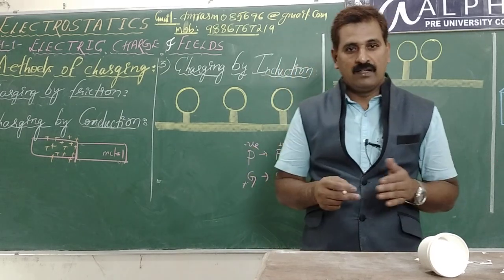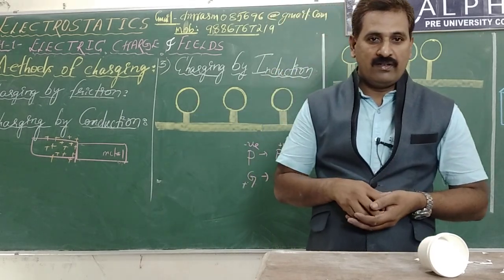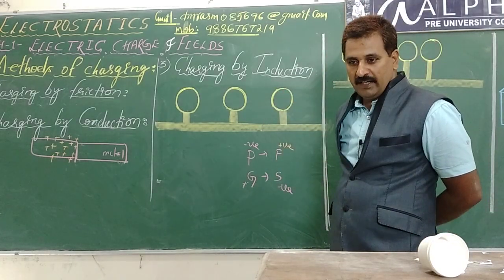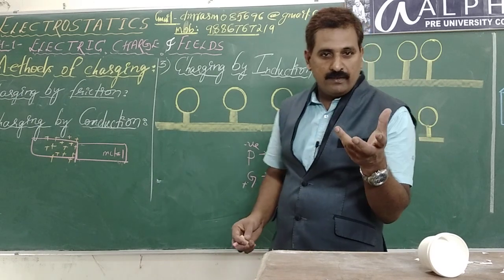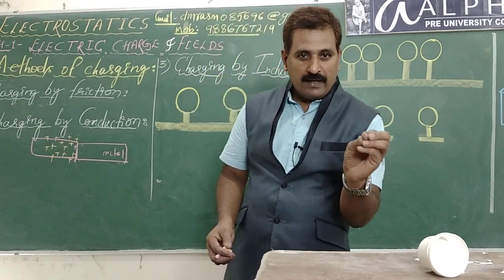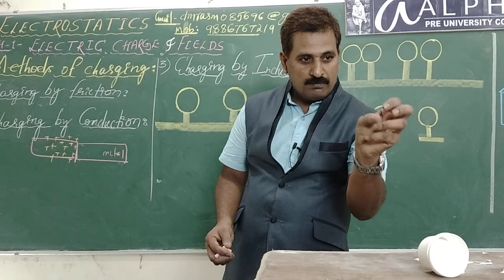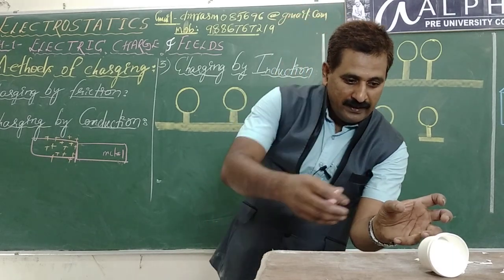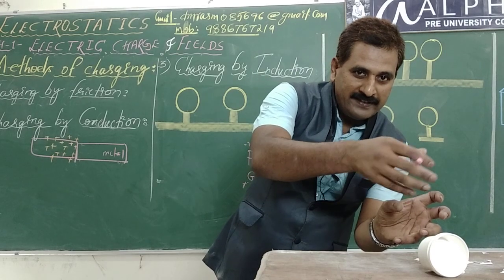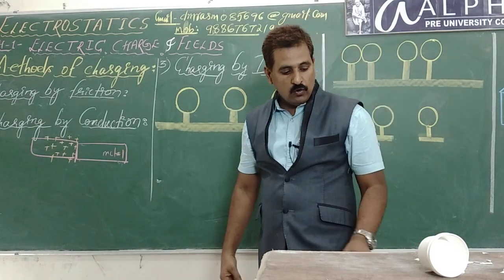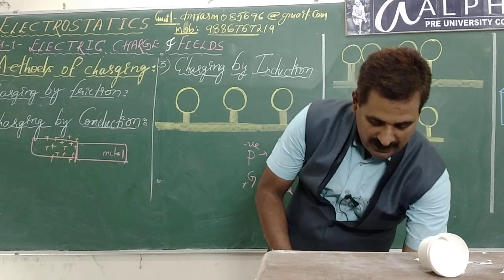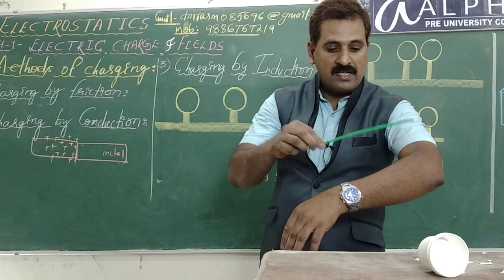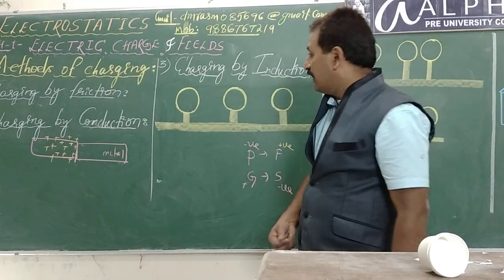We'll see this in nature every day, in day-to-day life, in our daily activities, right? What is charging by induction? Induction means, play with a magnet. If you hold a magnet near iron filings or small pieces of iron without touching, they get aligned themselves, right? That is induction. If you hold a charged body near your hand like this, the hairs rise up. That is induction. Like that you can induce charge.